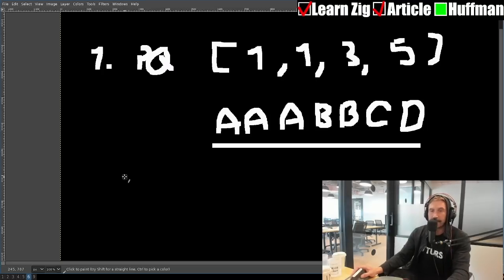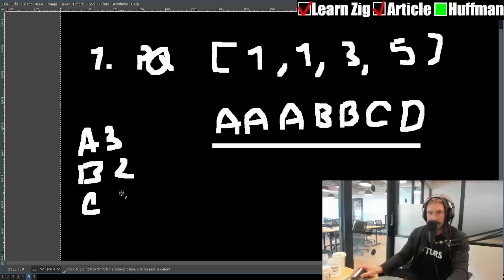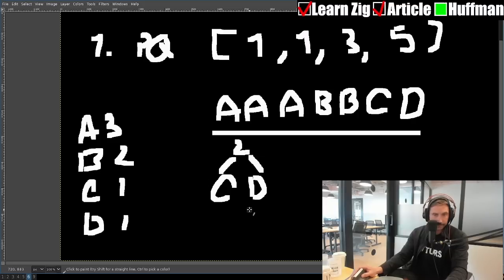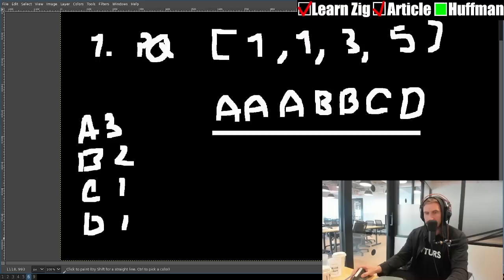It's pretty easy to do. So what I do is I first do the occurrences. So we got A is 3, we got B is 2, we got C is 1, and D is 1. Then when we do that, we need to combine them. So C and D, we take the 2 smallest ones and we combine them, which will have left and right, and now we have a count of 2. Okay, that's pretty easy, right? Here, let me go like this. C, D, with a count of 2.